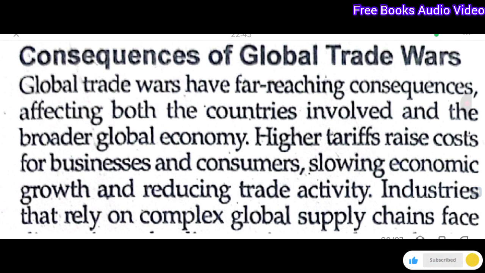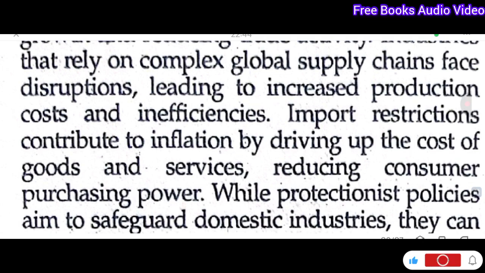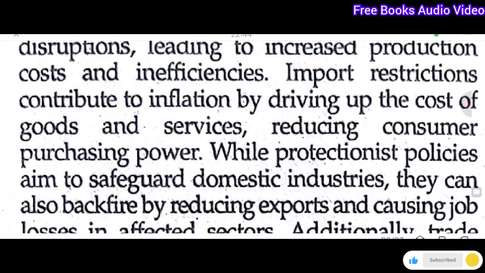Consequences of global trade wars. Global trade wars have far-reaching consequences affecting both the countries involved and the broader global economy. Higher tariffs raise costs for businesses and consumers, slowing economic growth and reducing trade activity. Industries that rely on complex global supply chains face disruptions, leading to increased production costs and